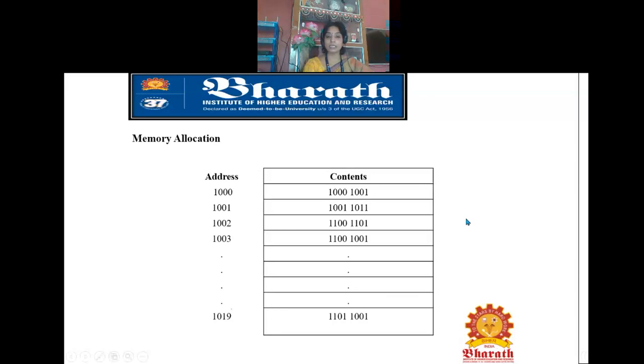Now let us consider that we have a variable known as I, which is of the type integer. Then the integer variable is going to occupy 2 bytes of memory, so it is going to occupy 2 memory locations. Say it is occupying 1001 and 1002. In this case, 1001, which is the starting address of this variable I, is known as the base address. So the base address represents the starting address of the variable I.